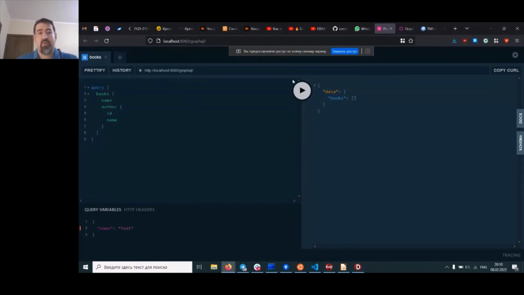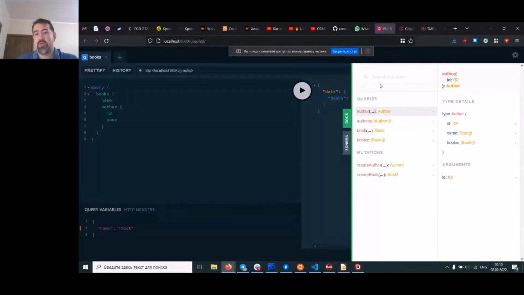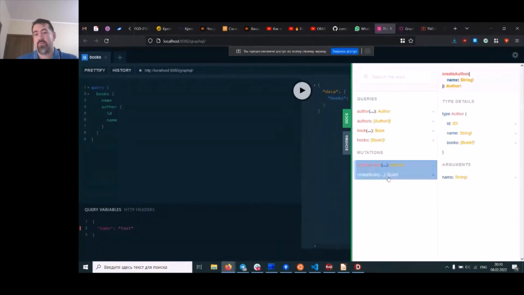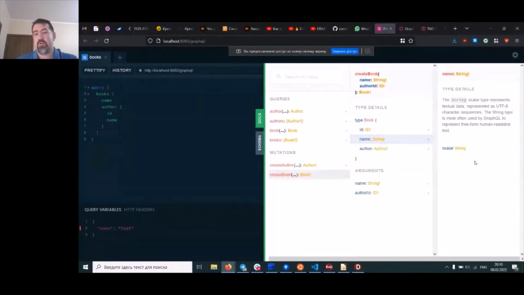And now we are connected to a local server running on the Delphi GraphQL library. If you click Docs, we'll see all the details, what types it supports, and what queries and mutations it supports. And this is all exposed to the front end, the clients, which is available natively out of the box.